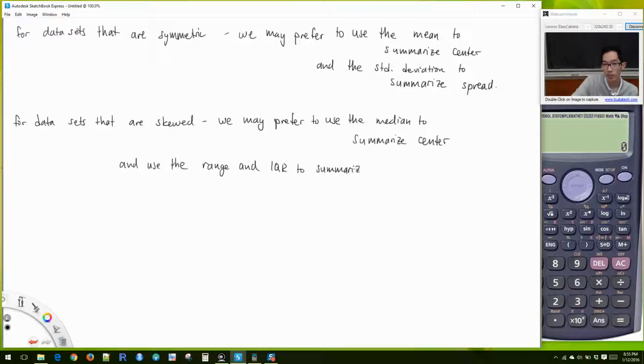Okay, but the truth is all of these numeric summaries can be calculated for any numeric data set, whether it is symmetric or skewed, okay? Okay, but also remember